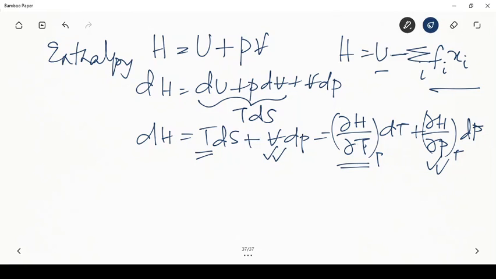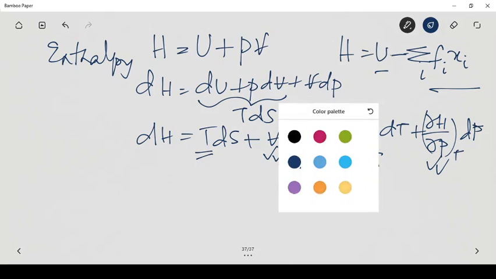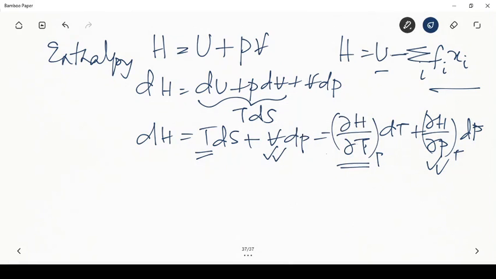And then when we write del squared H by del S del P is equal to del squared H by del P del S, then differential of this with respect to P and differential of this with respect to S become equal, and that is the next expression. So the three equations that we would get here would be T is equal to del H by del S,